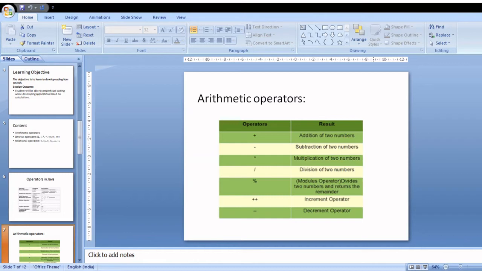Here the numbers 2 and 2 or 2.1 or 5.1 which I am entering from the keyboard are called as operands, and the symbols like plus, minus, star and slash are considered as operators. So operators always act upon operands to give you the result or to make an expression.